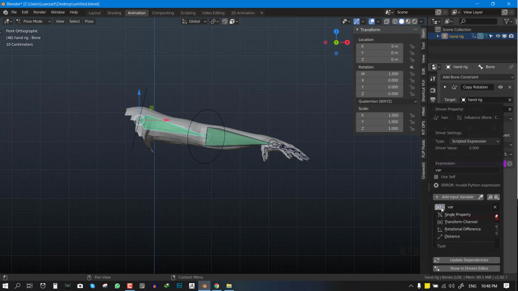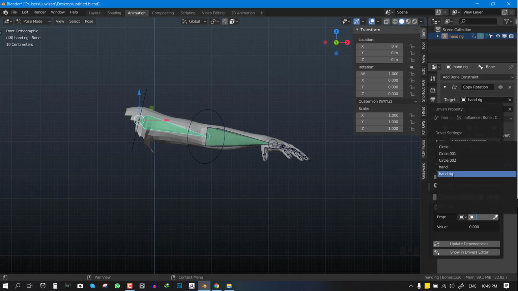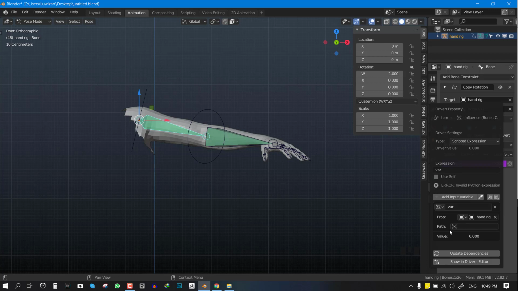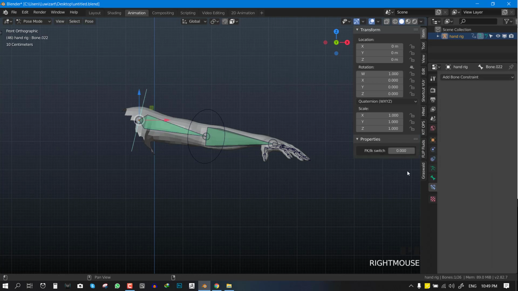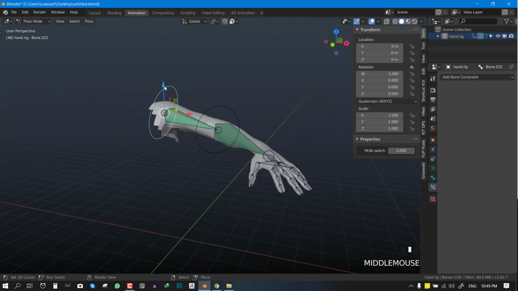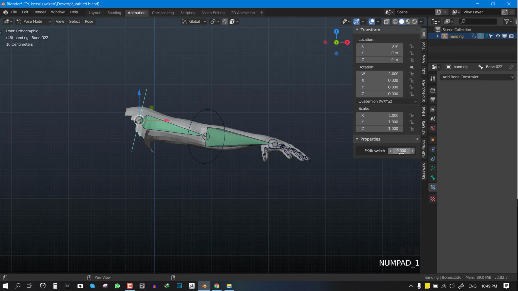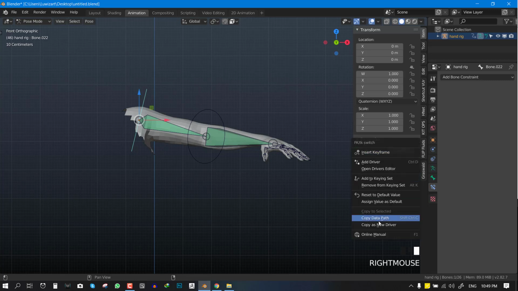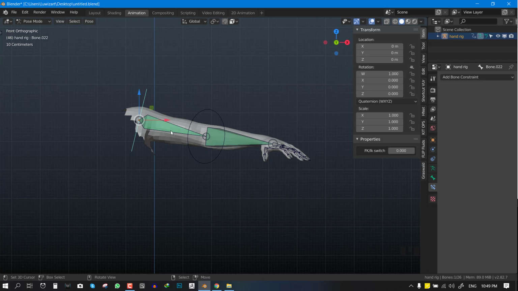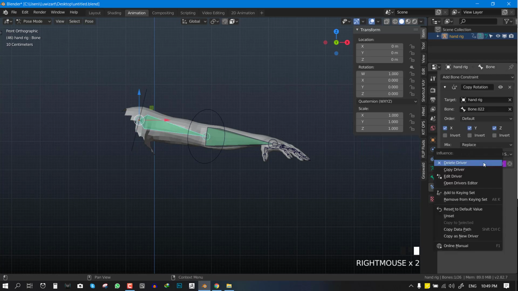And we need to switch the variable type to single property. This is the type of variable that allows you to use the custom property. For the object, we'll select the hand rig. So now we have a parameter that we need to fill, which is the path parameter. To get that, you need to just select the bone that you applied the custom property to, which is this one, and right click and copy data path. Okay, so once you do that, and if we bring up the open driver editor,